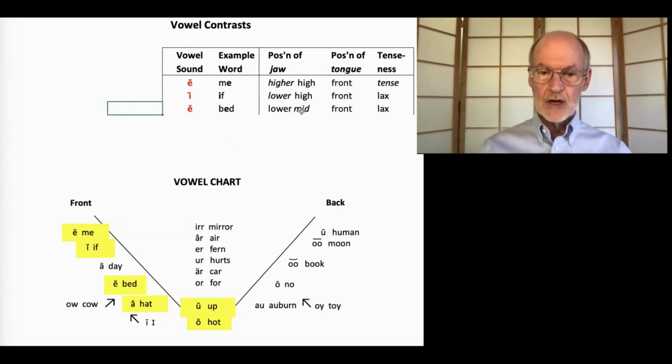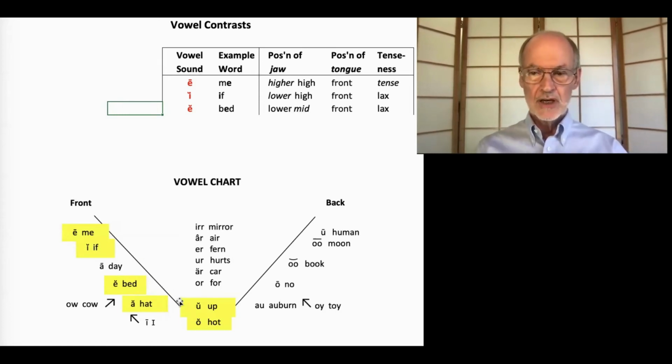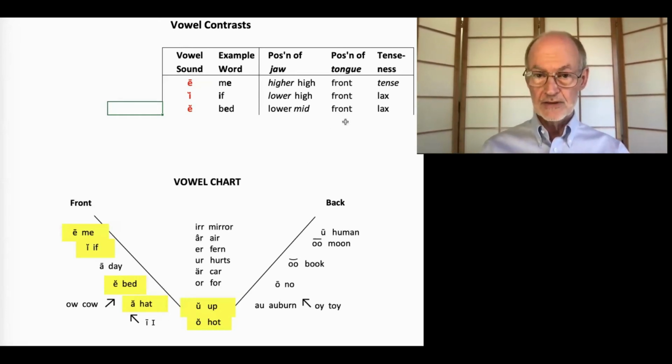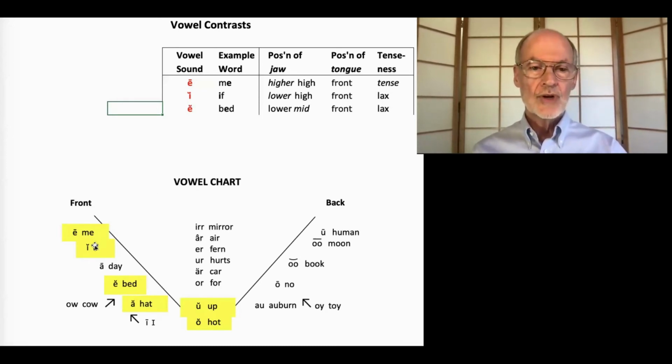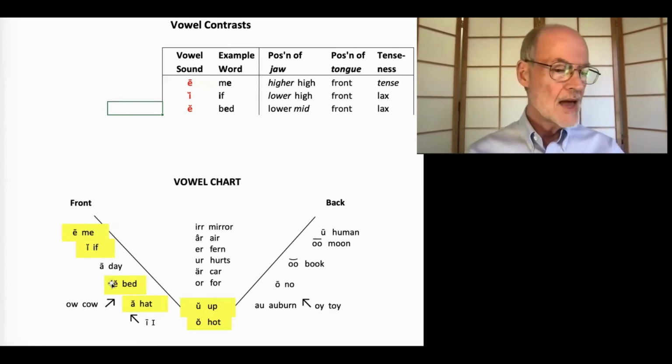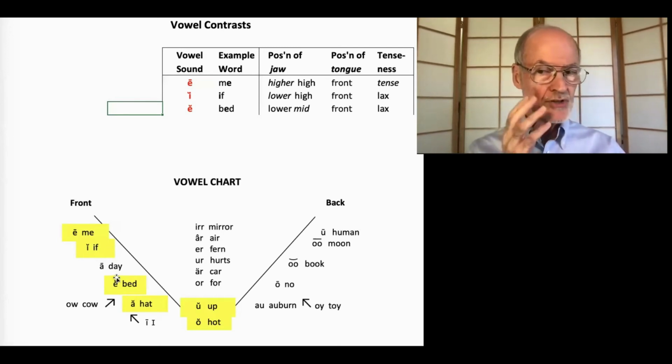So it's the lower mid. So there's high, mid, and low on this side of the chart. They're all front. These three are all front. And this one remains lax, okay? So I, if, bed. I, if, bed. So you'll notice the jaw opens